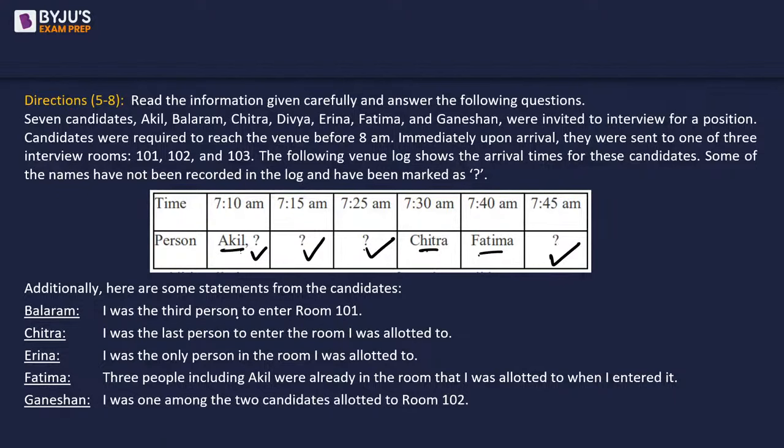Additionally, there are some statements from the candidates. B says I was the 3rd person to enter room 101. C says I was the last person to enter the room I was allotted to. E says I was the only person in the room I was allotted to, and so on and so forth. Again,